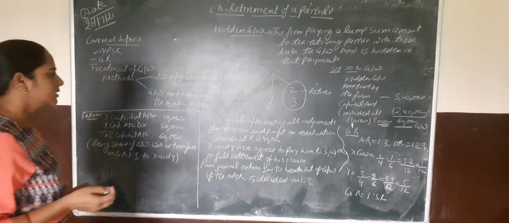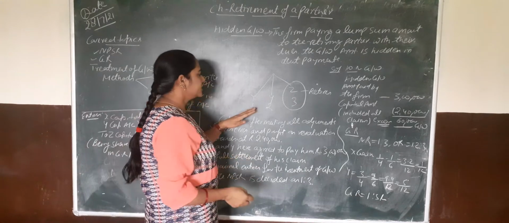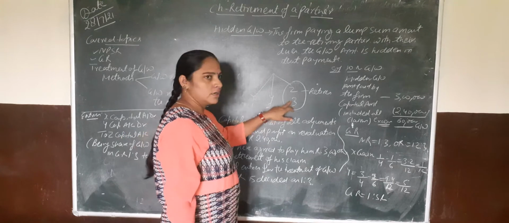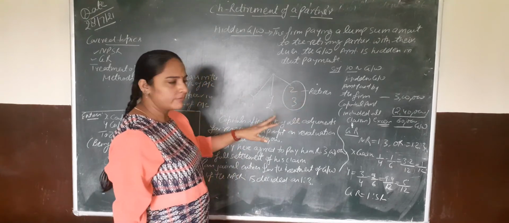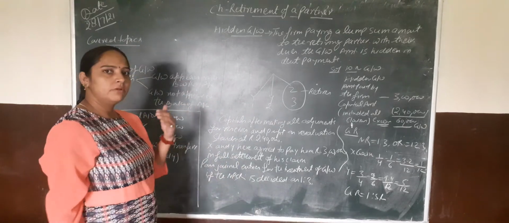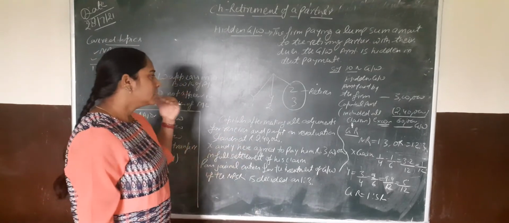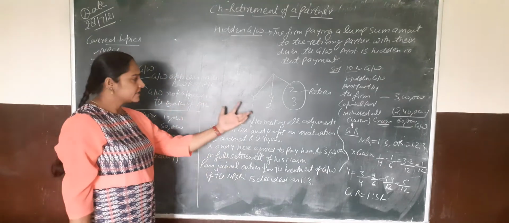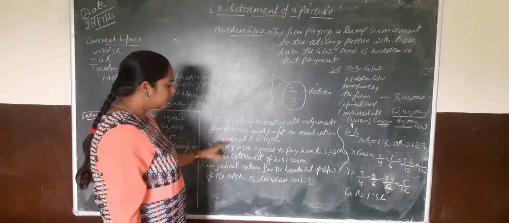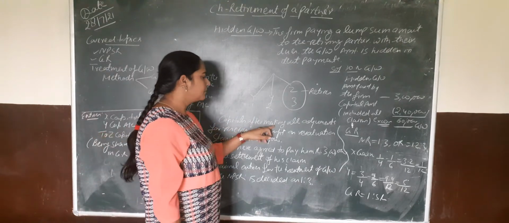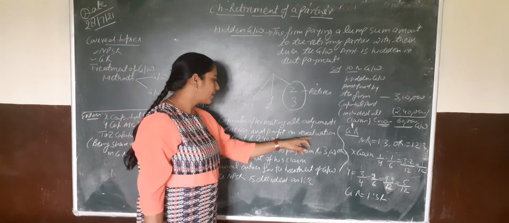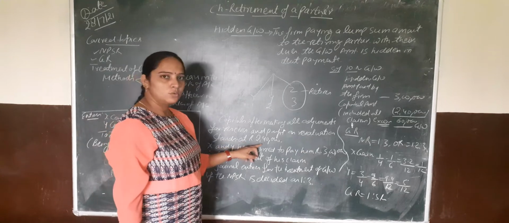Okay children, so children this is the question. See, the question is X, Y, Z are three partners. Their ratio is 1, 2 and 3. Now Z wants to take retirement from the firm and his ratio is 3. So when Z retires from the firm, after his retirement X and Y will gain in goodwill. These are the adjustments. Capital after making all adjustments for reserves and profit on revaluation stands at rupees 2,40,000.